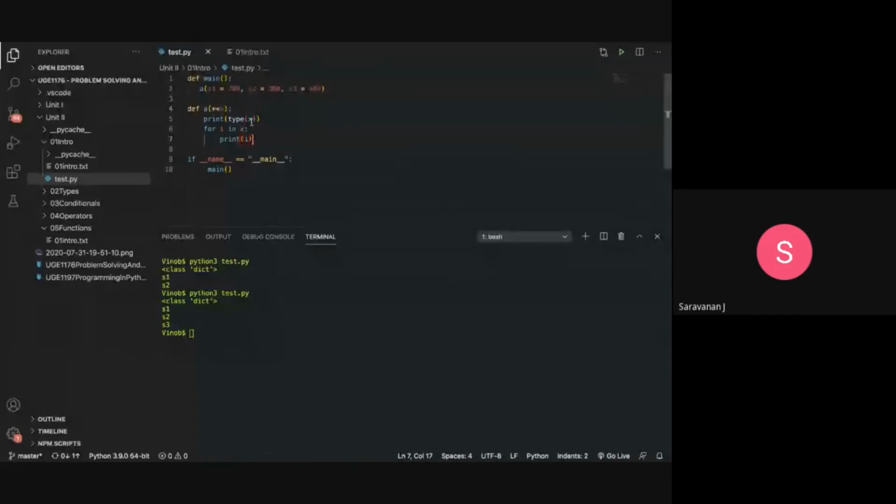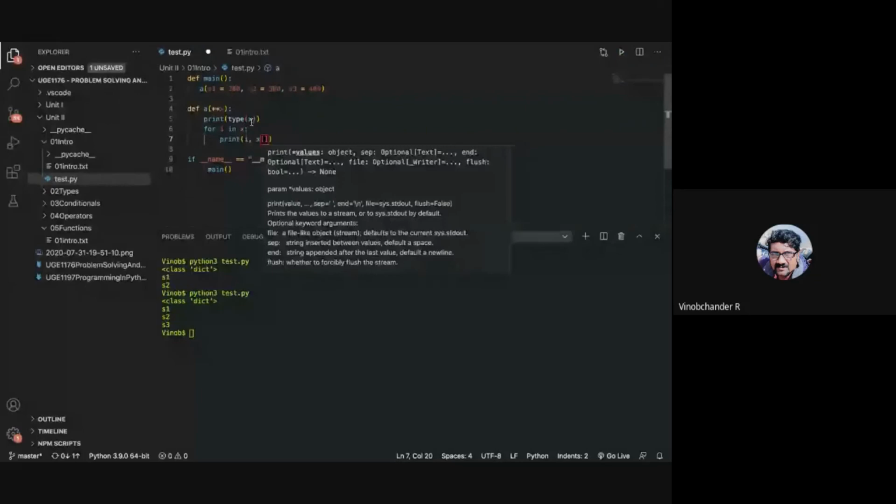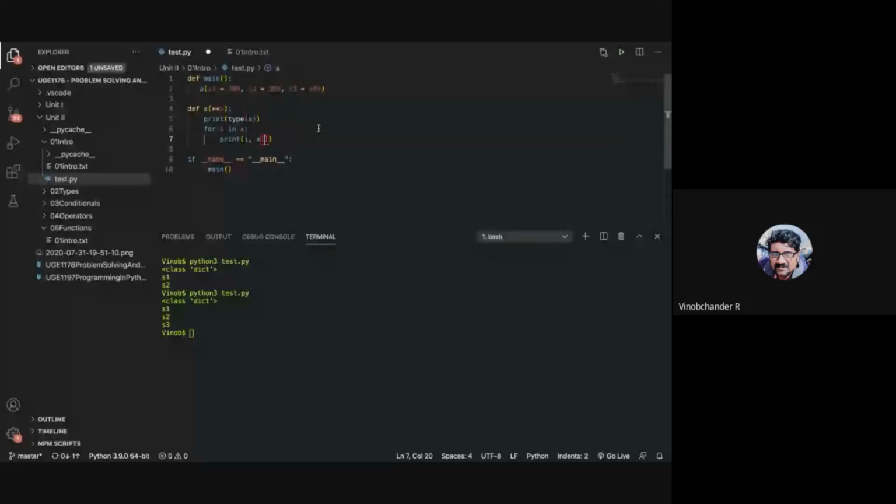Does dictionary support equal to operator? It should be coherent. That's what I have said. You can make use of this also to create a new dictionary. Okay, sir. So here I say S1, S2, S3.